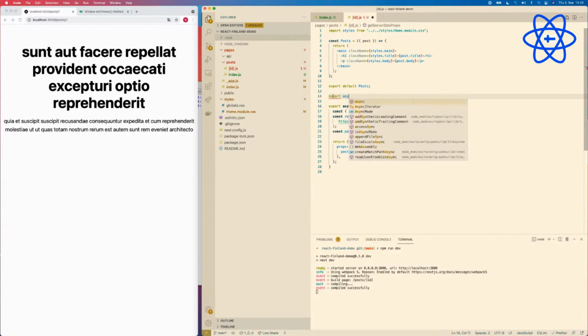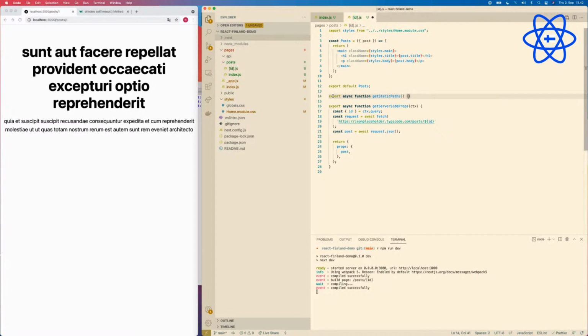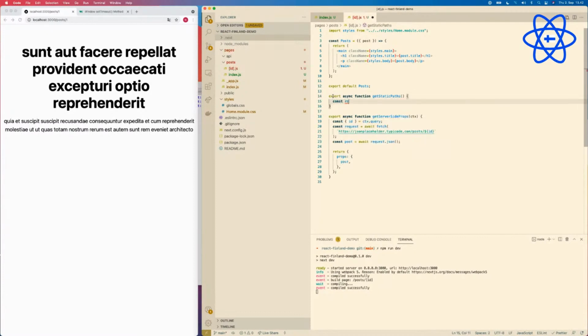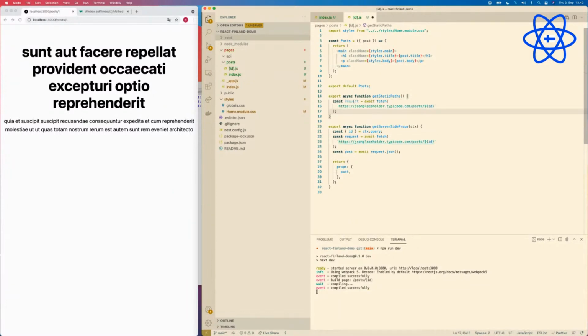Export getStaticPaths, and that also doesn't take an argument. And then we are going to do basically the same thing here. So let's just do that. But instead of fetching a single post here, what we are going to be doing is fetching all of the posts, okay?